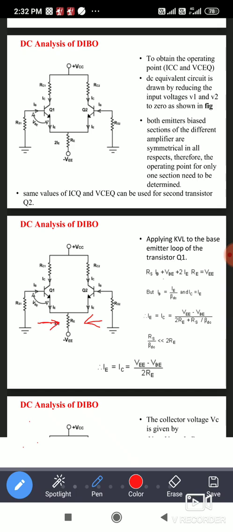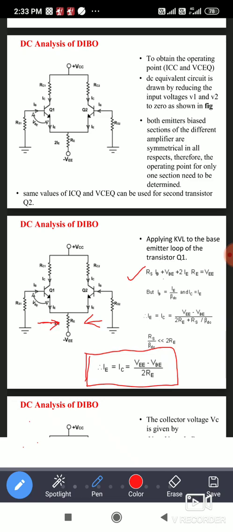And at the last there is the negative supply, that is the minus VEE. So you have to apply the Kirchhoff's voltage law in this loop. So by applying the Kirchhoff's voltage law in this loop, we can get this expression. Okay, so when you are applying the KVL, you can get this expression. Now, but IB is equal to what? IE divided by beta. So beta is the current gain, but as IB is very small, बेस करंट खूप स्मॉल असतो, तो मायक्रो एम्पियर मध्ये असतो, त्यामुळे कलेक्टर करंट इज सेम ॲज एमिटर करंट.